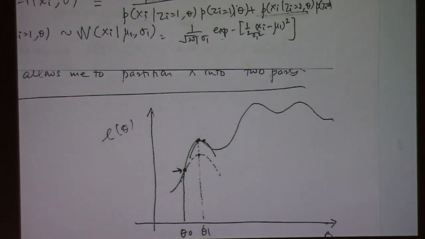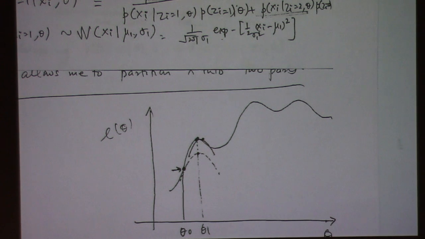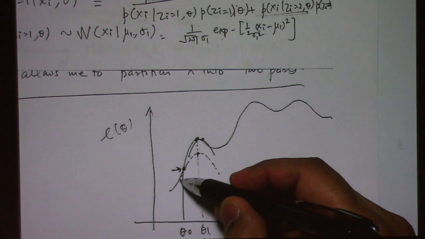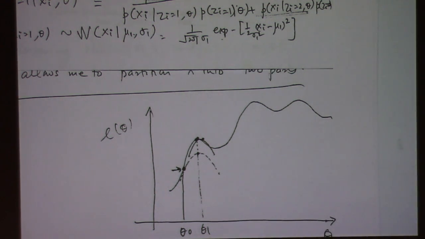So this is general. This is not specific to mixture models, right? Because at every point we are solving a convex optimization problem, that means that we are moving in the right direction, right? And then another thing is that because we use the expectation, by a concept called Jensen's inequality, something that we will not look at in this class, this also ensures that this function is always going to be below the actual objective function. So using these results, we can theoretically show that at every step, it will move towards the optimal solution, right? Of course, there is still no guarantee that it will reach the globally optimal solution. So even EM can get stuck in local optimal solutions, but